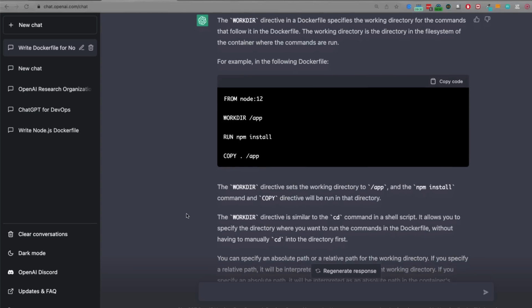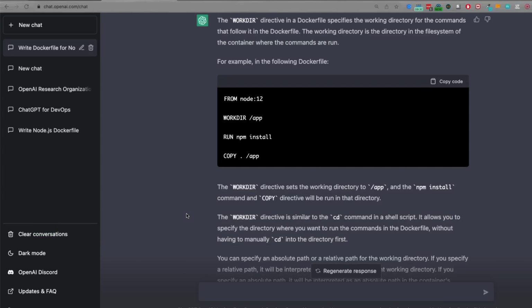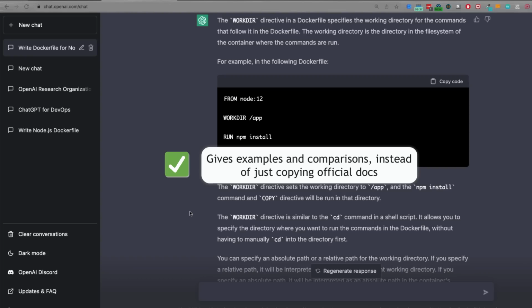directory. And then it also gives you a comparison to something that you may already know, like cd command in shell script. So basically changing into a directory and then executing commands from there. So I think that explanation is actually very good. It's in simple language, and most importantly, it gives you examples and even comparison so that you can understand it